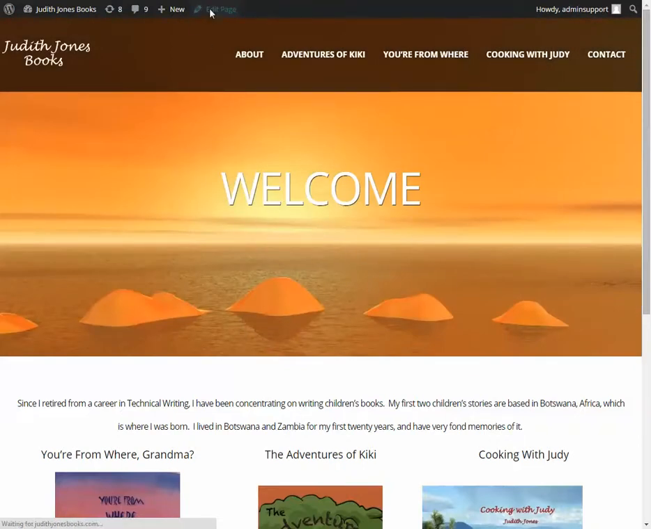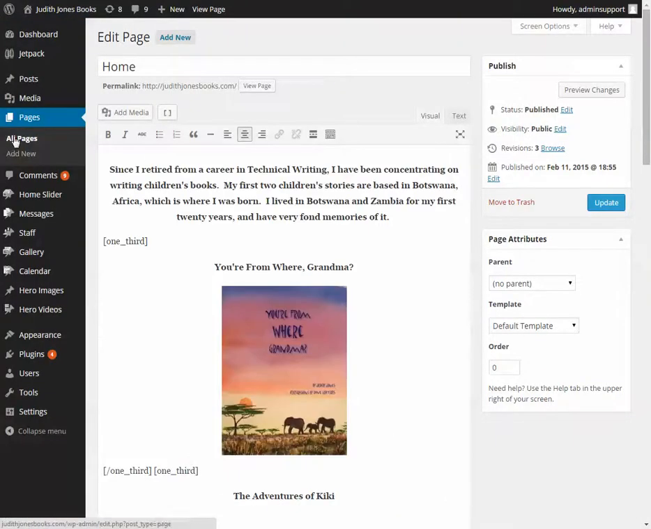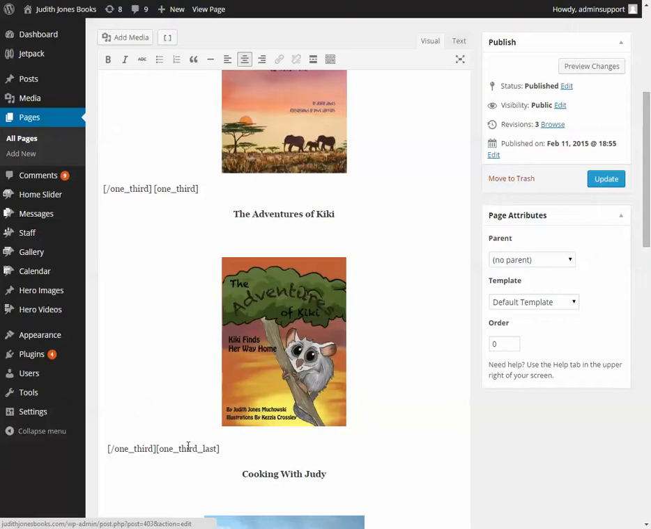What I did is I went to Edit Page, or if you're in the dashboard, you can go to Pages, All Pages, and then click on the page name there. So the first thing that we need to do is